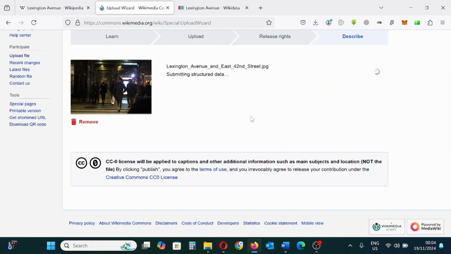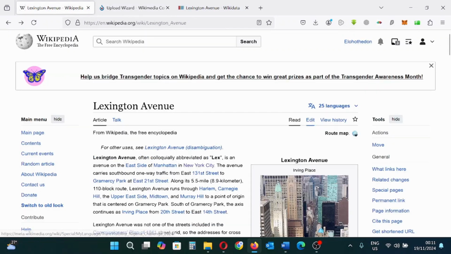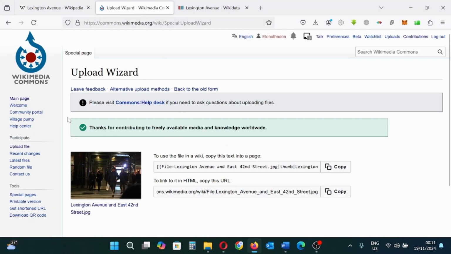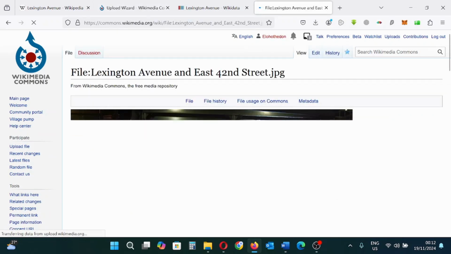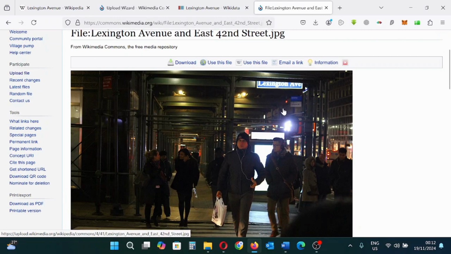Now, the file has been published to Wikipedia. Now the image can be used by anybody on any Wikipedia project. Now I intend to add an image to an article that already exists on Wikipedia. After uploading an image to the Wikimedia Commons Wikipedia project, I intend to add that image to an existing Wikipedia article